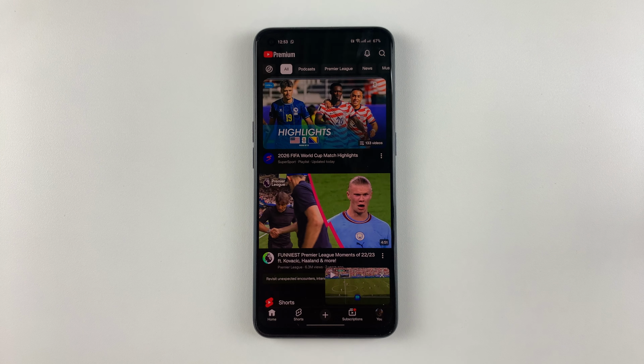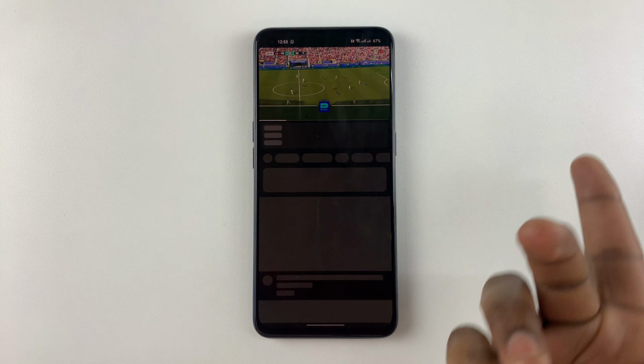Now, you can continue watching or playing a video also, and the pop-up doesn't necessarily have to be down here. If you simply find that video or go to that video and play it, so let's say you are watching